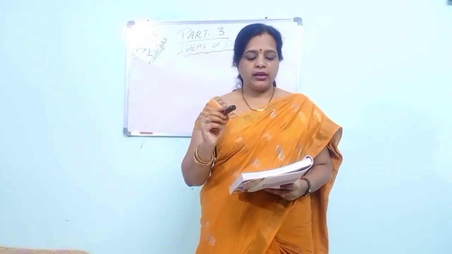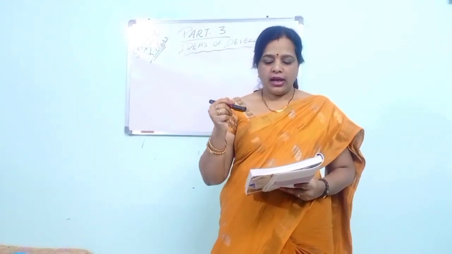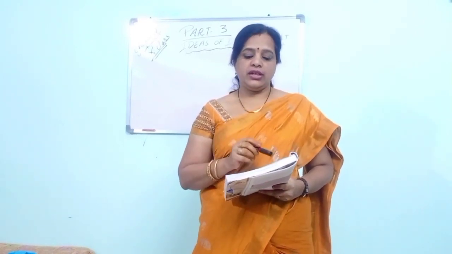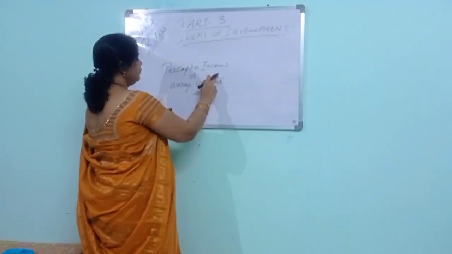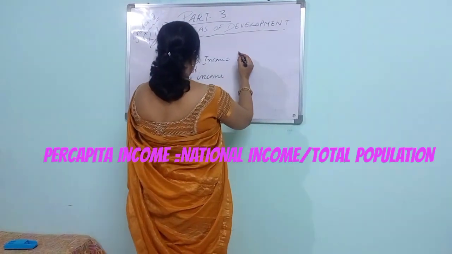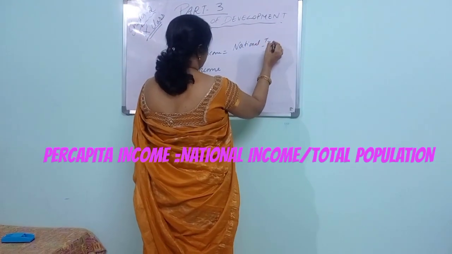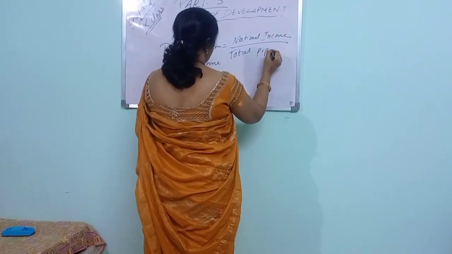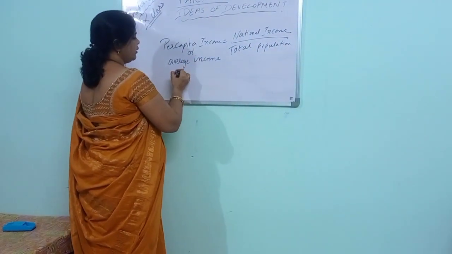Are people in one country better off than in a different country? So hence we compare the average income, which is the total income of the country divided by the total population. Here they have given an equation. You can make a note over there, children. Per capita income, or we can call it average income, equals total national income by total population. Okay, students.